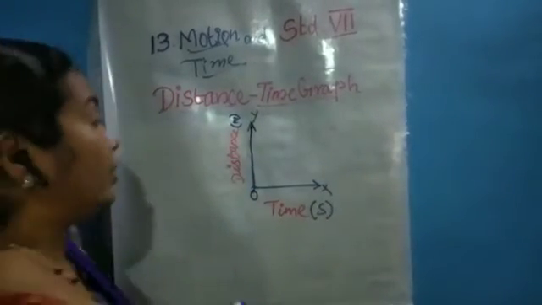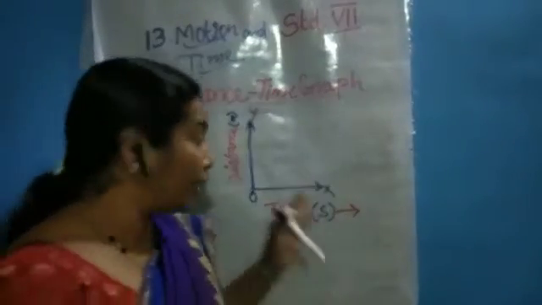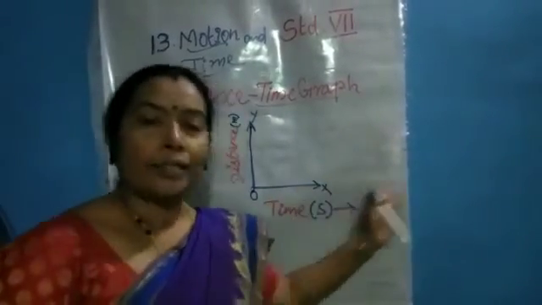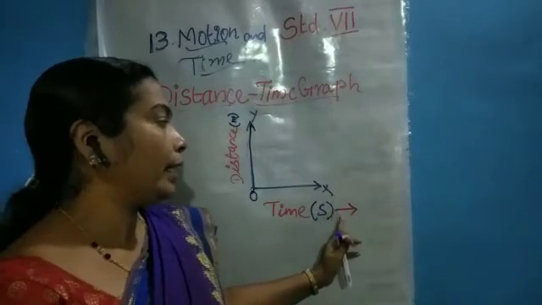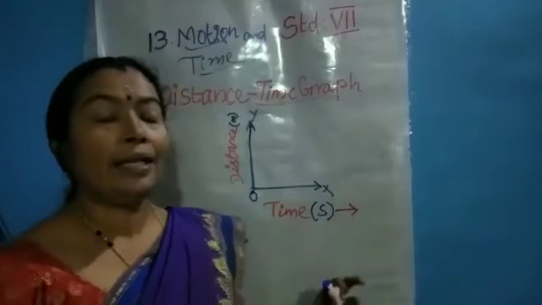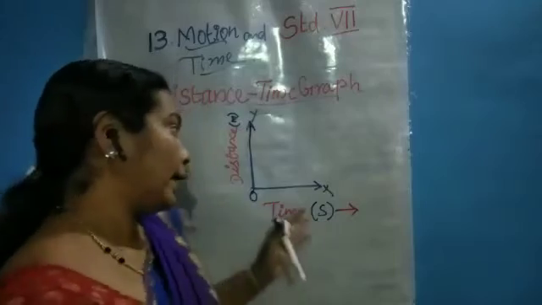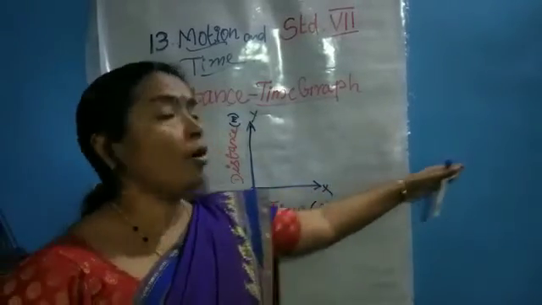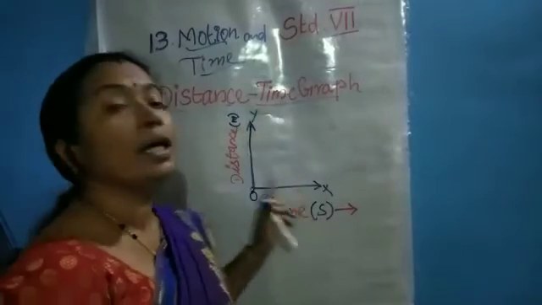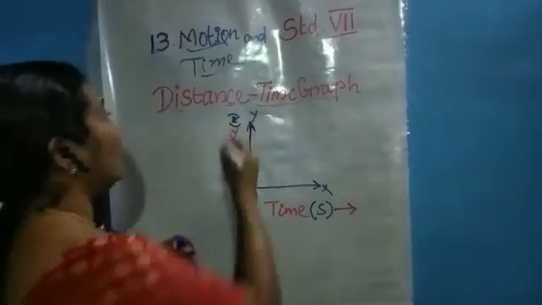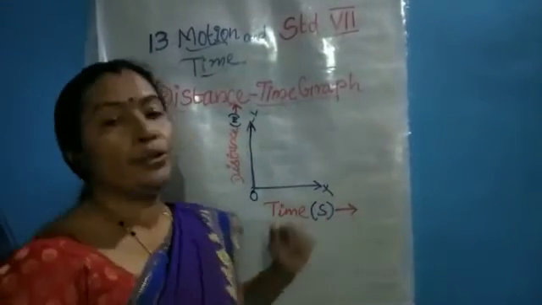After that, we have to put an arrow. The arrow shows that the axis is continuing. If at one end there is a starting point, and at the other end you put an arrow on a line, what is that? It is a ray. A ray has a starting point but no ending point. Like the same, the x-axis is going in this direction and the y-axis is going in this direction, so we put an arrow at one end on both axes after the unit.